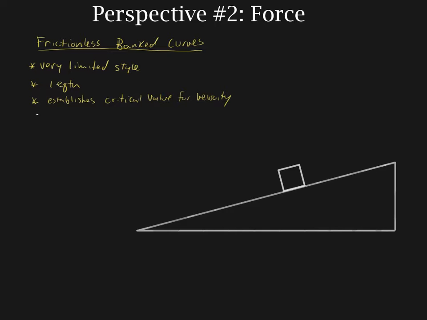Now, the shape of a frictionless bank curve is like a circular NASCAR track. A banked curve is basically a ramp which forms a complete circle, and you're driving around the perimeter of that circle. Now, most of what we're going to be doing in this particular video is really just showing you how